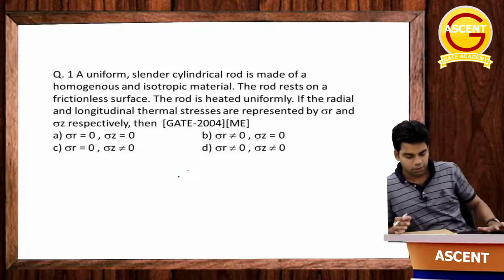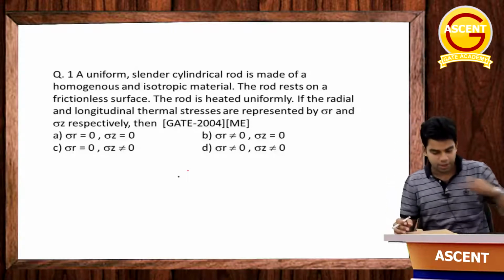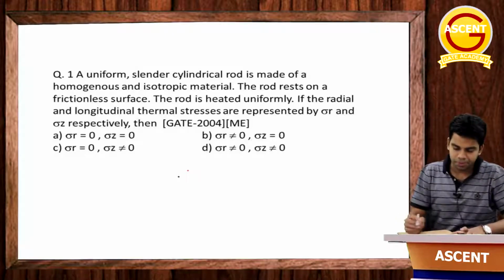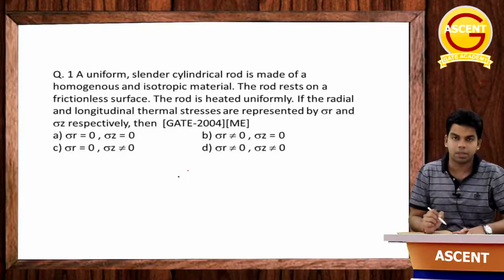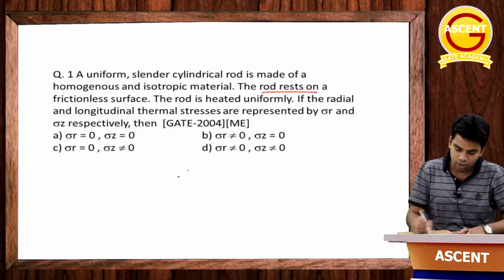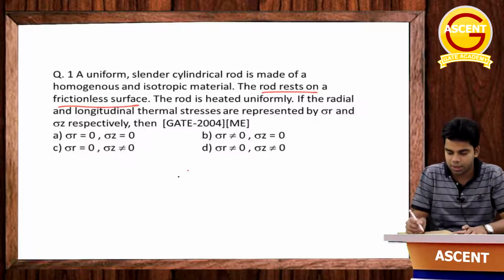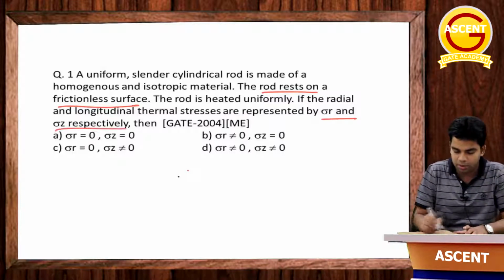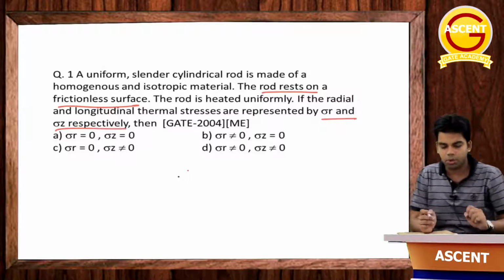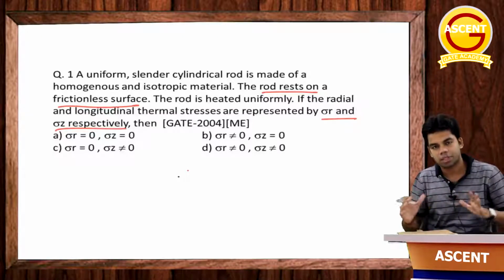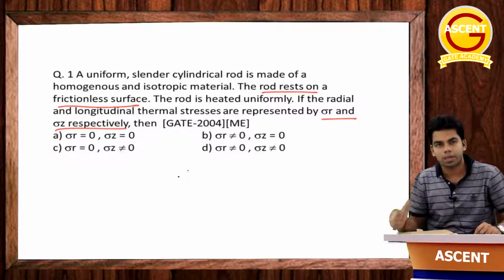Okay, so today we will solve a few questions on thermal stresses. The first question says a uniform slender cylindrical rod is made of homogeneous and isotropic material. The rod rests on a frictionless surface. The rod is heated uniformly. If the radial and longitudinal thermal stresses are represented by sigma r and sigma z respectively, then, because the rod is resting on a frictionless surface and it is free to expand, so